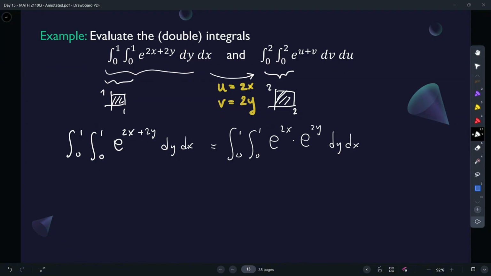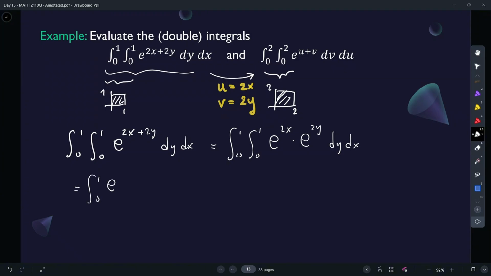The function in x does not change with respect to y, so I can treat it as a constant and integrate. But in fact, we know a trick. That is, when you have a function inside the double integral that is a product of a function in x times a function of y, that is the product of integrals, which is a very useful trick, because this is going to be now the